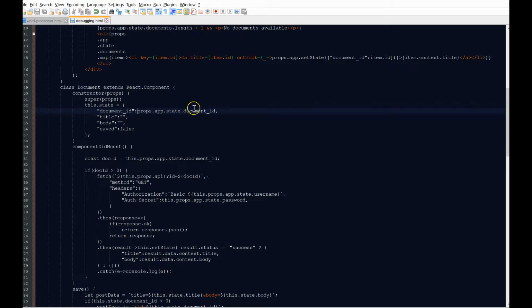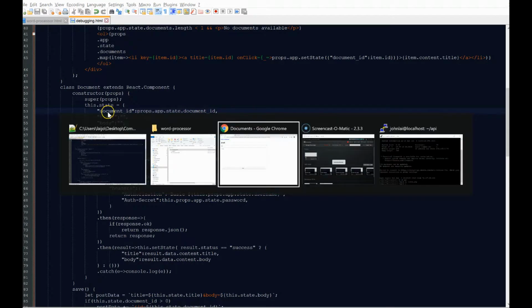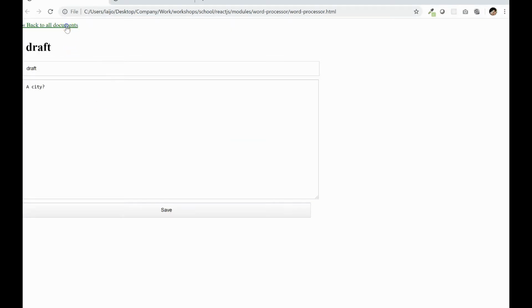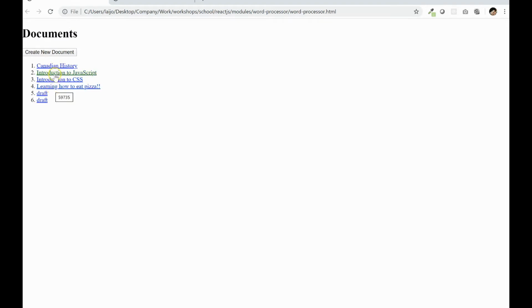This is a document ID that gets loaded in here. And I wrote a helpful little tip for myself. If you hover over these links, you'll get the record ID or the document ID. The document ID uniquely identifies a record in the API or in the database. So let's work with